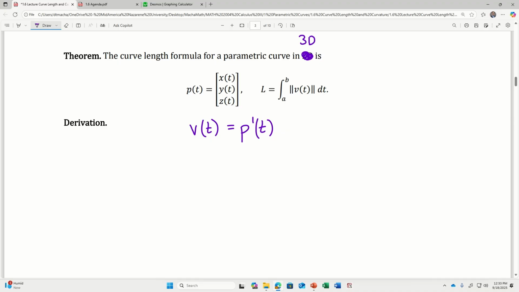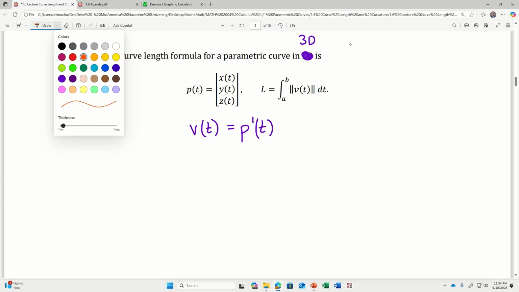Then we could, using our calculus 3 type of notation, say that the length of this curve is the integral of the norm of the velocity function with respect to time. So it's kind of like we're integrating the speed, right? Because the speed is just the norm of the velocity. We're integrating speed over time. What this is kind of telling us is like,